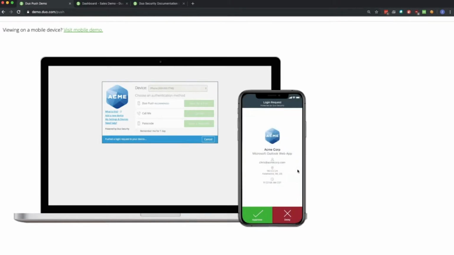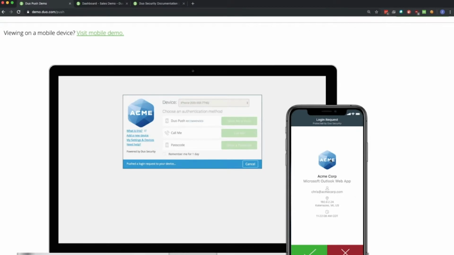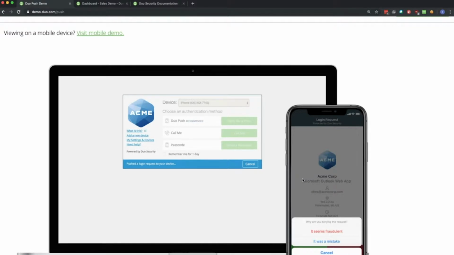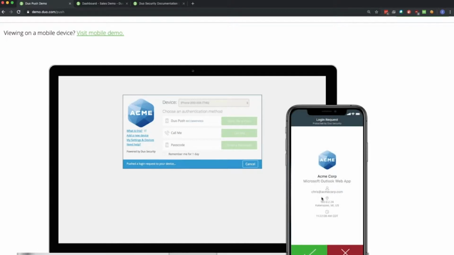And now when he opens that device, he's going to get that contextual information: the company icon, the system that's being logged into, his user ID used for login, the time of that request and geolocation, and then the IP address of origin. So they can go here and they can deny this. If they didn't mean to start a login, maybe they are using a password manager that auto-filled their credentials, but they don't actually need to access the service, they can mark that it was a mistake. And that'll be noted in the logs, but it's not going to flag an alert.